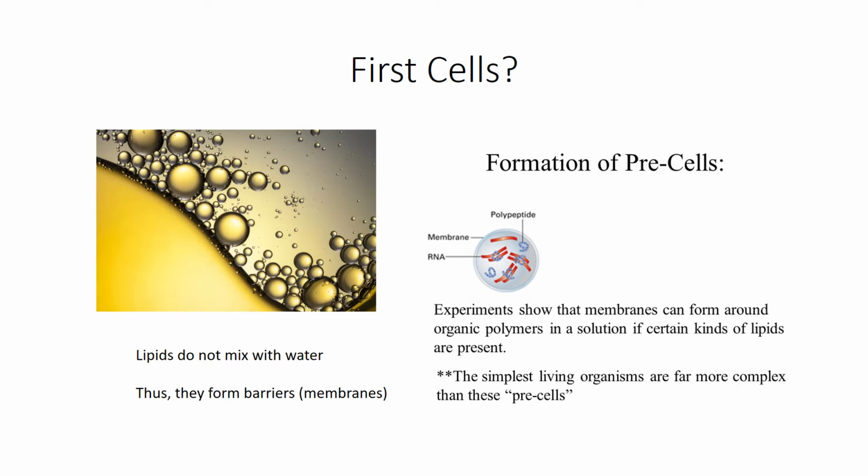proteins, polypeptides, this slide says, and these bubbles also had RNA, which could replicate and be used for synthesis of more of the polypeptides. Right? So these first pre-cells, they were very simple. The simplest living organisms now are far more complex than these pre-cells. But still, in what way did they resemble real cells that we observe